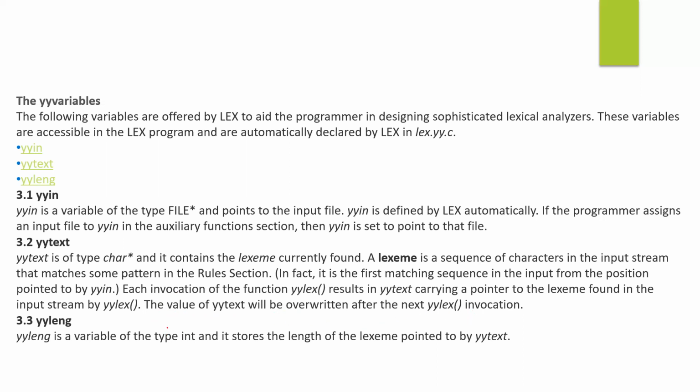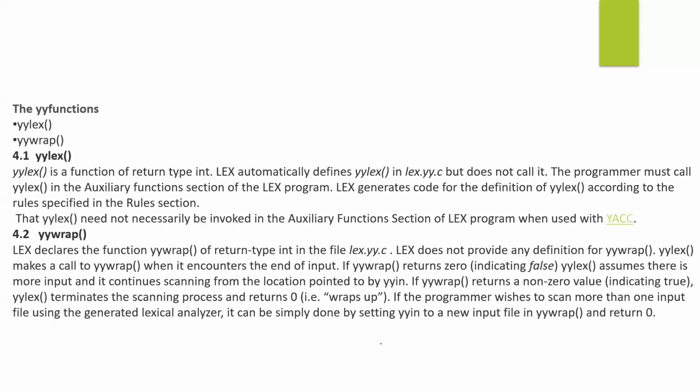Next one is yyleng. yyleng is a variable of type int, and it stores the length of the lexeme. Next, some of the functions. First one is yylex and yywrap. yylex is a function of return type int. Lex automatically defines yylex in lex.yy.c, but does not call it. The programmer must call yylex in the auxiliary function section